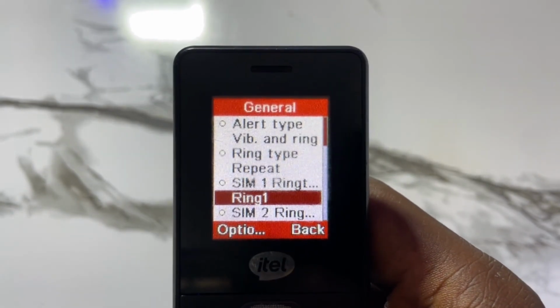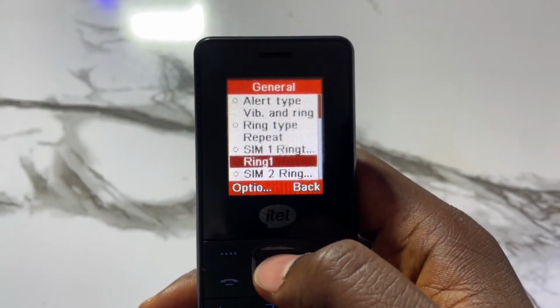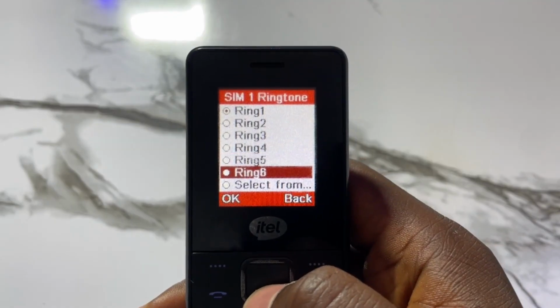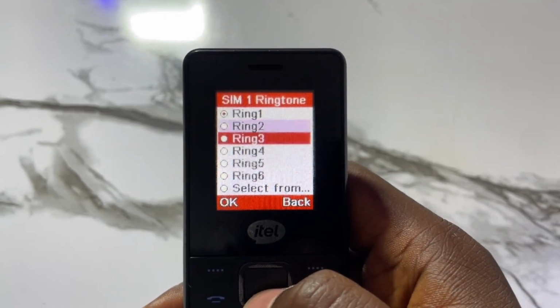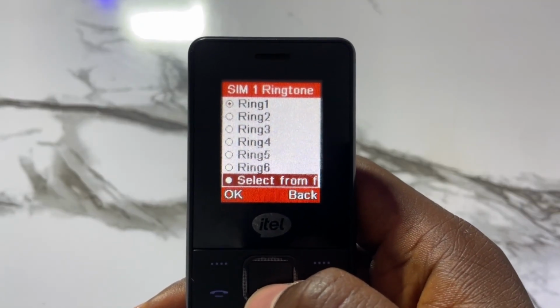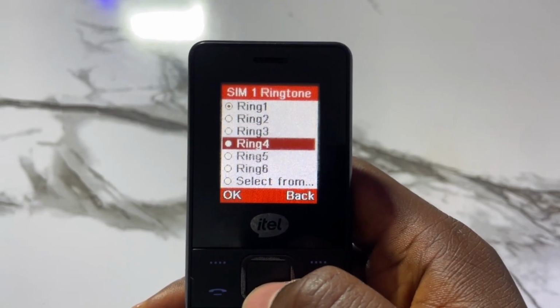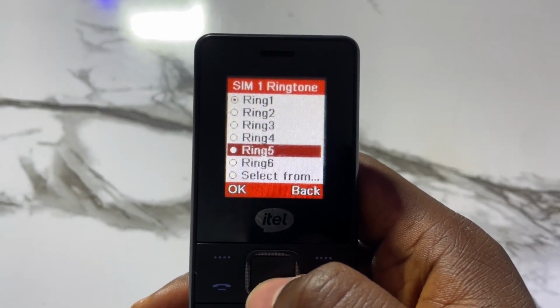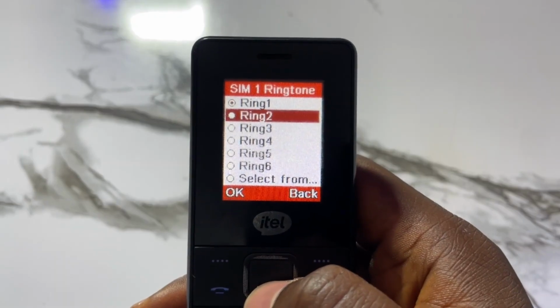Select this ring 1. Tap on it, and you can see that there are different ringing tones here. Ringing tone 1, ringing tone 2. The reason why I am scrolling down is because I don't want the ringing tone to ring out. I don't want any sound to ring out. So if you want to select ringing tone 1, 2, 3, 4, you can select any one and